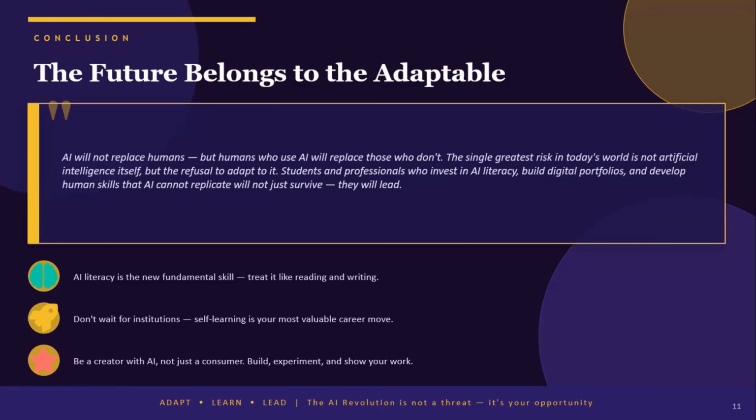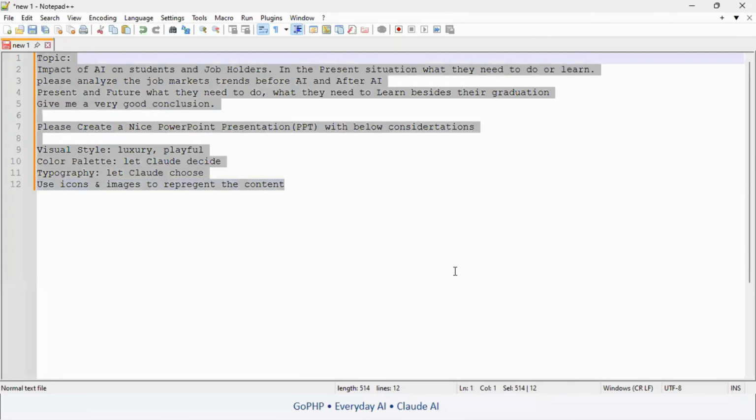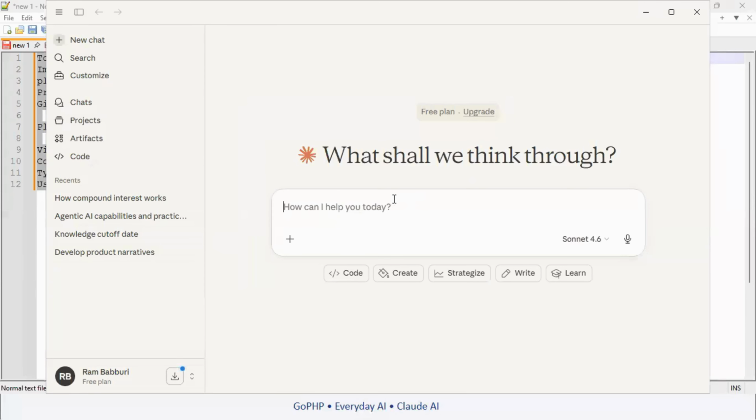To do this, I just prepared a small prompt. Can you see the prompt? Let me show you the prompt in the editor. Yeah, this is the prompt I have used here. Just a very simple thing: impact of AI on students and job holders. That is the main agenda. I asked this AI to collect the information from the resources and other places, and try to create the